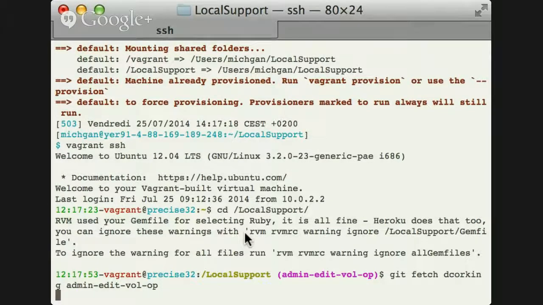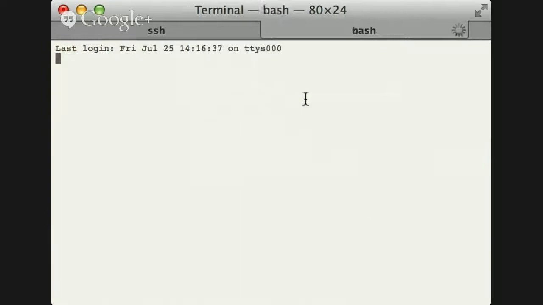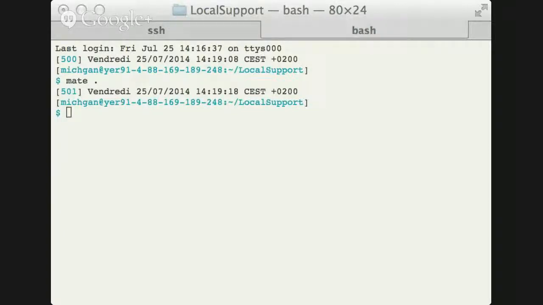It works or it doesn't work? Yes, it works. So here, yes, I think I have switched to my local. Okay, now I'll switch again. Okay, so now